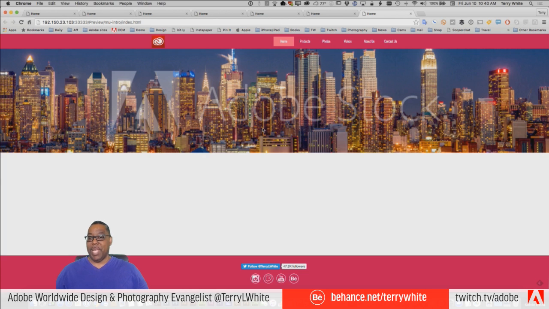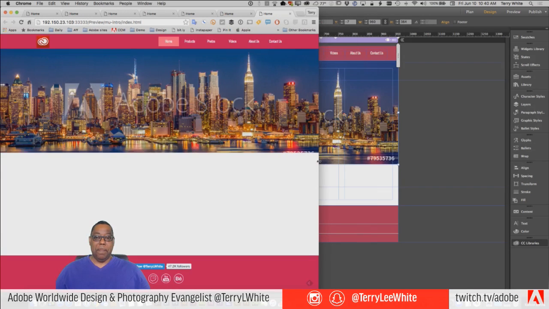So it really depends on, is this just a background image or an important part of the site? If it's an important part of the site where we need to see the entire image left to right, then we wouldn't do it this way. We'd just place the image. But if you want to have it filled this way and have an image kind of make up the background of your site, then this is the way you would do it. All right.